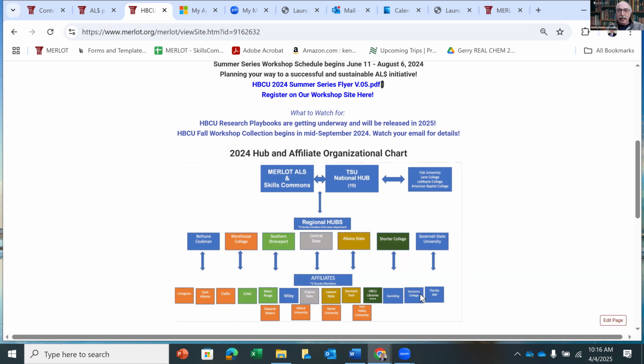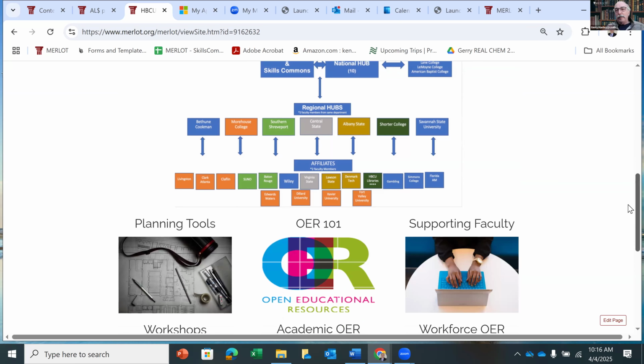And of course, at Tennessee State, there's lots of people there too as well. And what Dr. Melton has done for a while is reach out, as well as the hubs have reached out to institutions, to identify the next wave of HBCUs to participate in the affordable learning solutions.